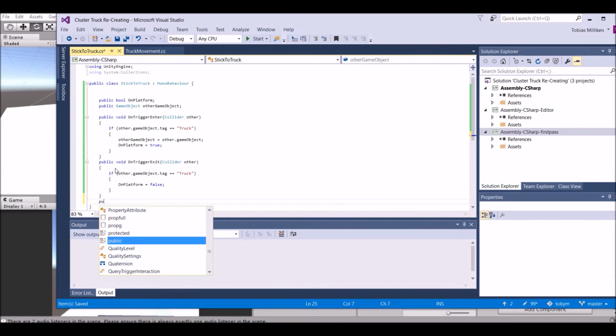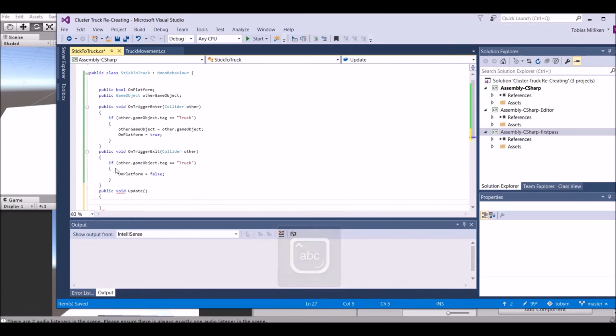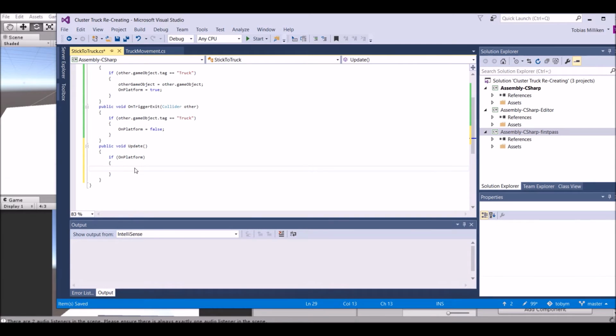Now, all we need to do next is add an update function right here. And in this update function, all we need to say is if on platform. But if you guys didn't know, if you say if on platform and you don't say if it equals true or false, it's going to automatically go to true. So saying this, it means it will say if on platform equals true. Then we're going to say